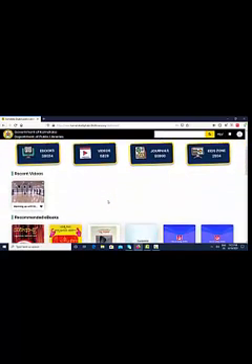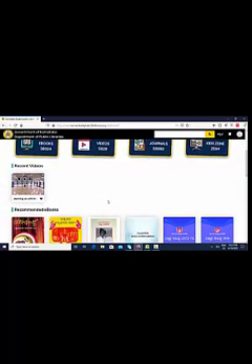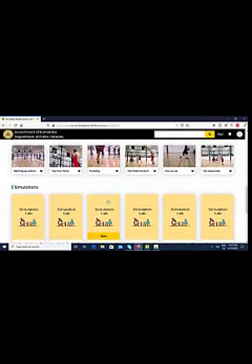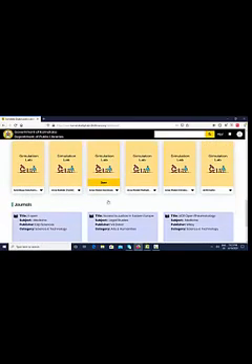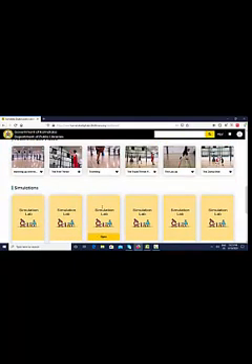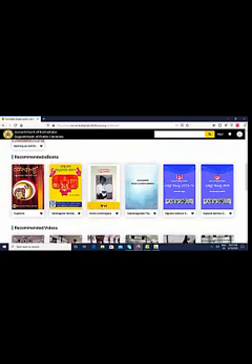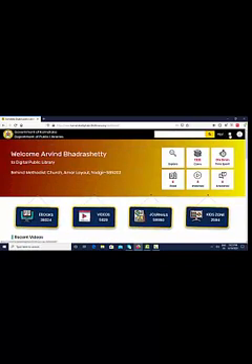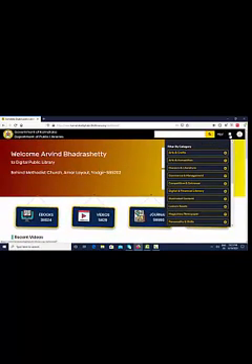As we scroll down, there are different sections like videos and recommended ebooks, recommended videos, and for science students, there are simulation labs like chemistry, physics, mathematics, and this is the journal section. So, depending upon the requirement of the users, we can search our materials in the digital public library. In the top right side, here all the subjects are created. Depending upon our requirement, we have to set the filters.